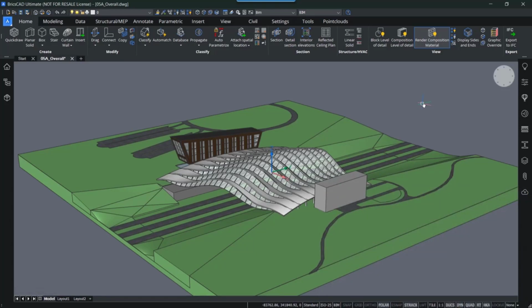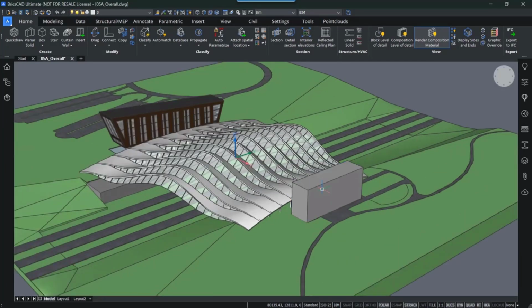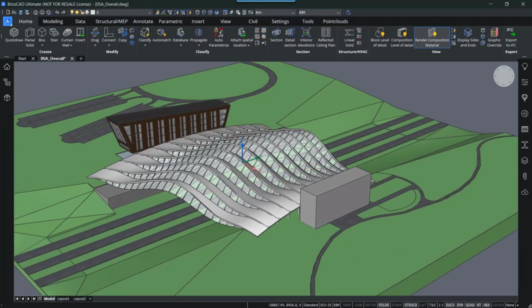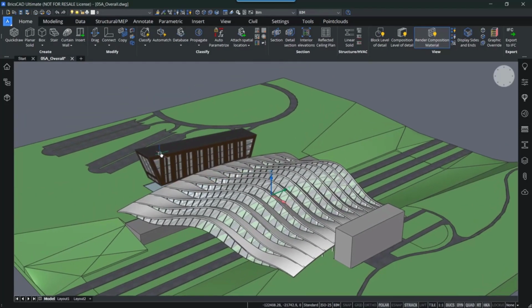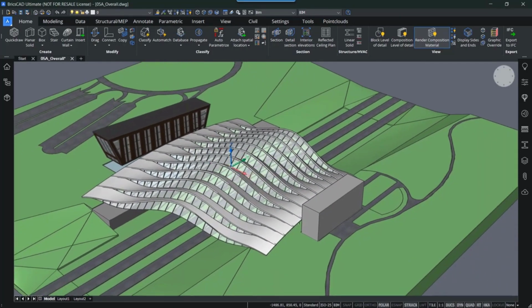So let me just open this overall train station model, and as you can see here on the other side I have a block ready, but what we basically want to do is create a similar kind of geometry for this building. So let's see how we can manipulate this block and create a similar building like the other side